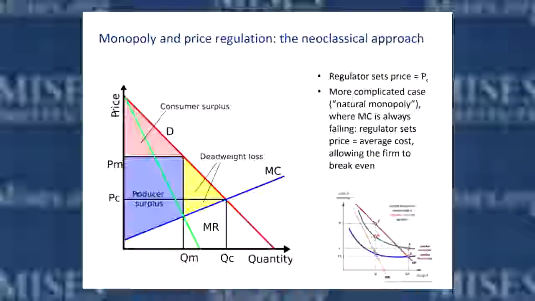There's a slightly more complicated case that some of you may have studied in school, what's called natural monopoly. What natural monopoly means in the neoclassical framework is a situation where, because of the technical aspects of production, you have very high initial investment, high fixed cost, but low marginal cost. In other words, to supply electricity, first you have to build a very expensive nuclear power plant. But once you have it built, you can produce marginal units of electricity at a very low marginal cost.